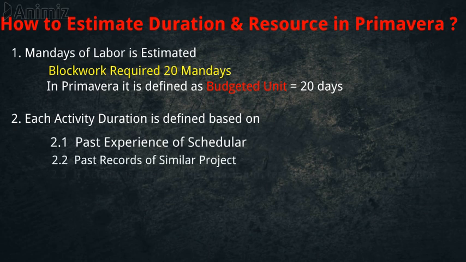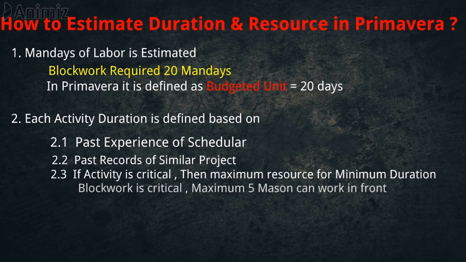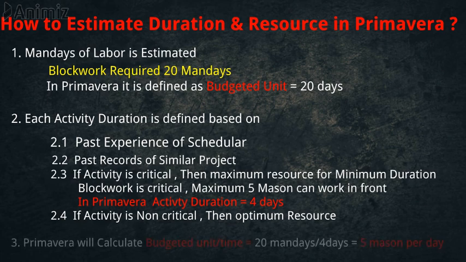of similar projects. If the activity is critical, then to have the minimum duration, the maximum resource needs to be allotted. In our case, 5 masons can work at a time, so 4 days is the minimum required to complete the job. If the activity is non-critical, then the optimum number of resources can be allotted. Then Primavera will calculate resource required per day, that is budgeted units per time, that is 5 masons are required